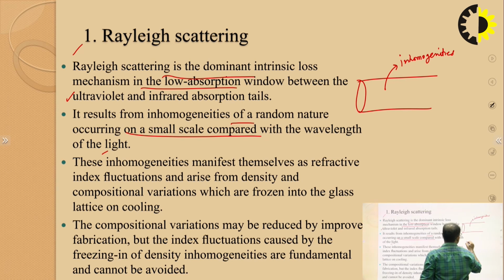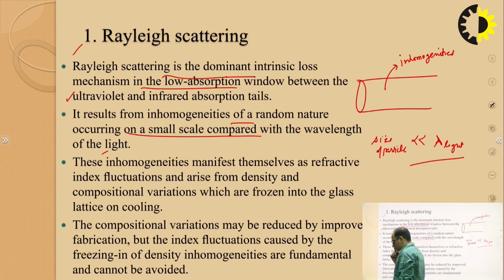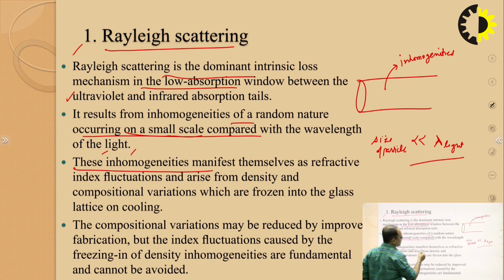Clear? So when the size of this particle is very small compared to the wavelength of the light, then there will be scattering, and this type of scattering comes under Rayleigh scattering, when the inhomogeneity occurs on a small scale as compared with the wavelength of the light. This inhomogeneity